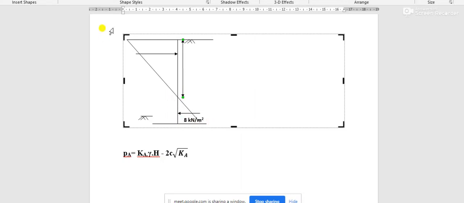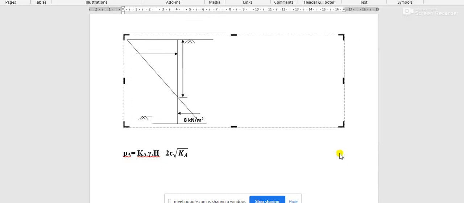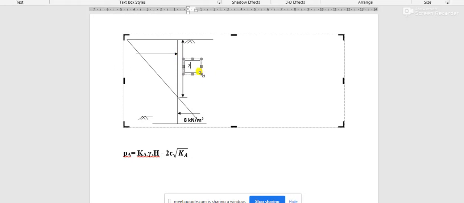This is positive, this is negative, and this point is 0. Up to this point, this is 0. If we consider this depth as z,